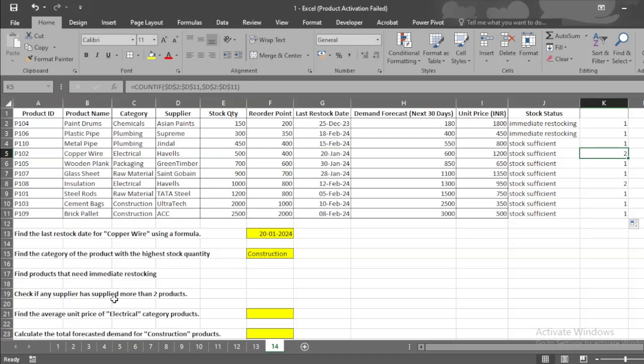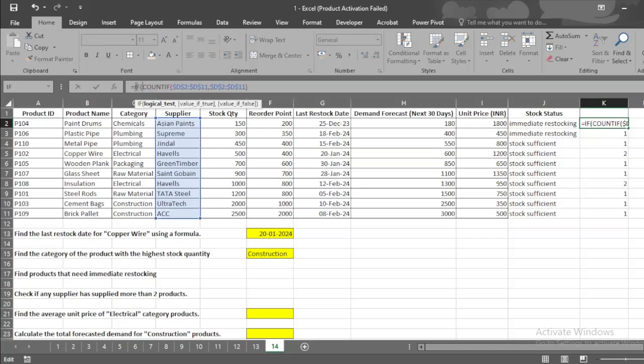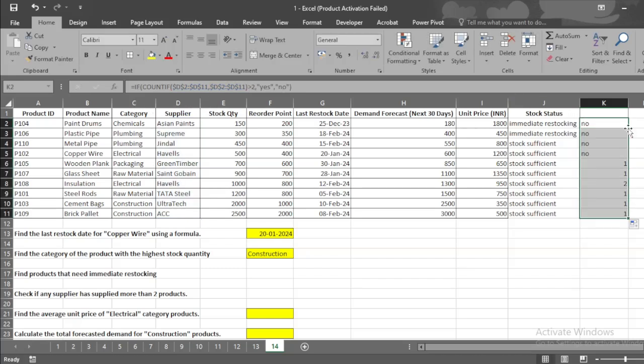If any supplier has supplied more than two products, it will show yes, and if not, the result will show no. So for that, we type the IF condition before the COUNTIF function and specify greater than 2. Then it will show yes, and if it does not satisfy the condition, it will appear as no. And we drag and drop to the remaining cells.